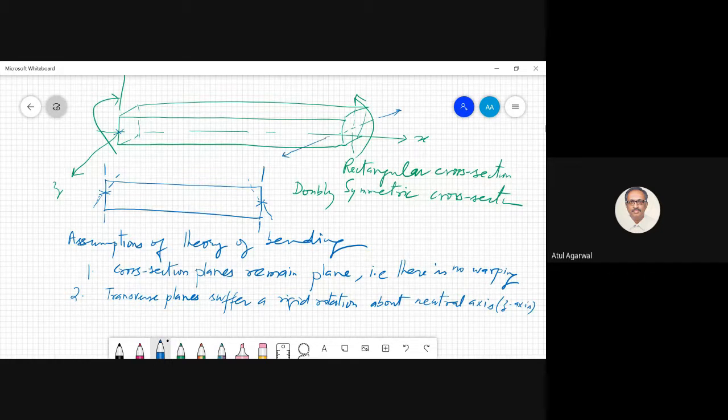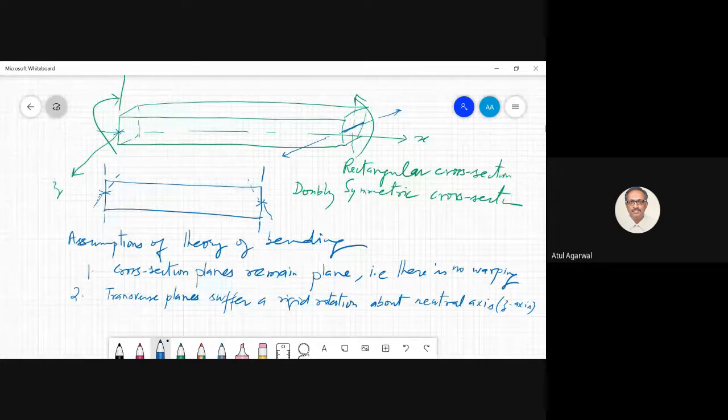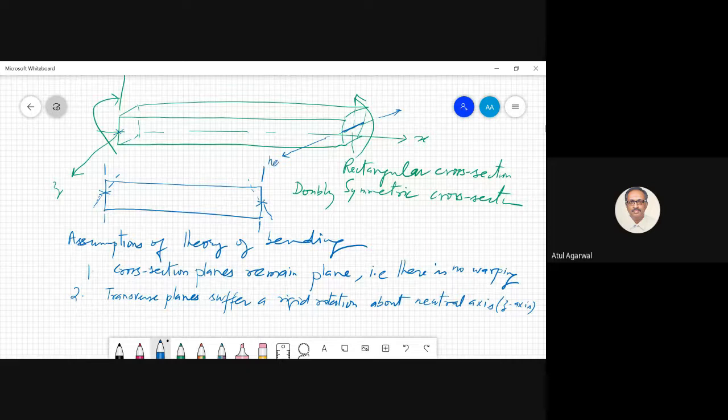Kavalish, can you see this? Yes, sir. So this axis doesn't move. Axis means there is no movement on the axis. You take the door hinge. Hinge is the axis. So your door is moving about the axis. Axis doesn't move. So this point, this line will not move. And this line is called the neutral axis.